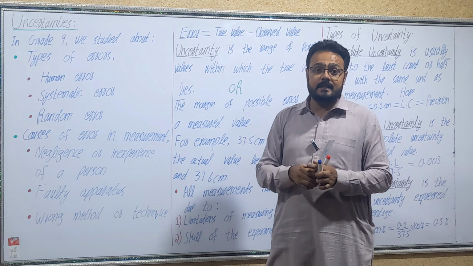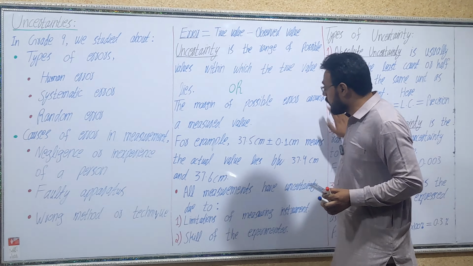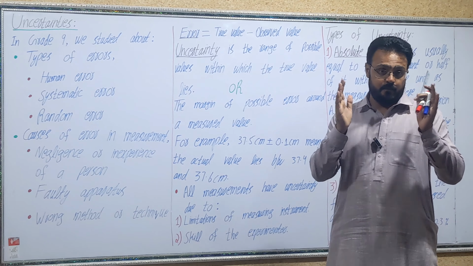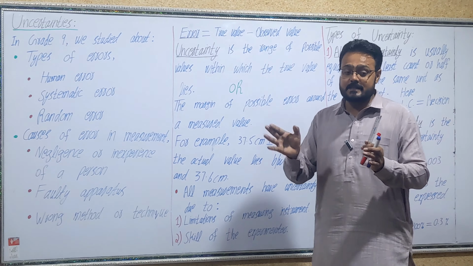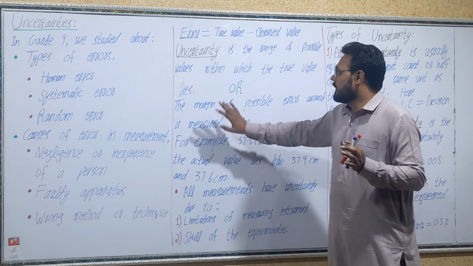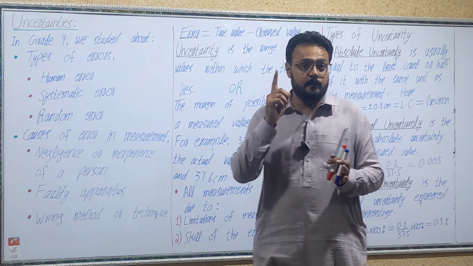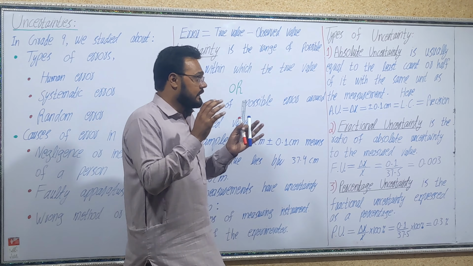Once you understand this example, this whole theory will become super easy for you. I'm repeating: once you understand this example, this whole theory will become super easy for you. So be careful. Let's begin